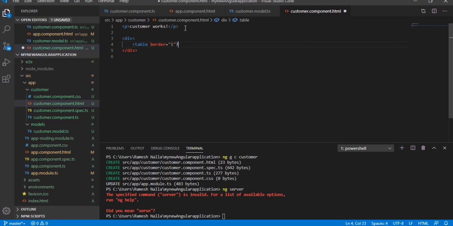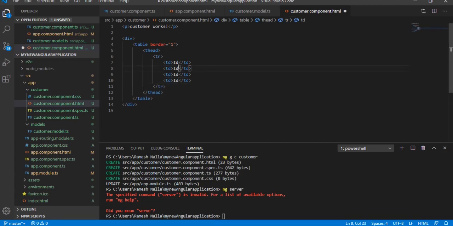I'm creating a table, and table thead. Then I'm going to define a table row. I'm going to add table data, this is id. Whatever the model is having, just create a table: id, name, address and gender.